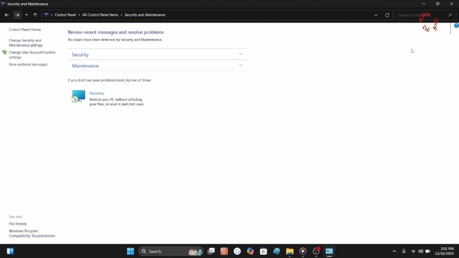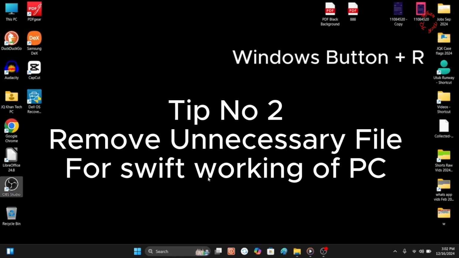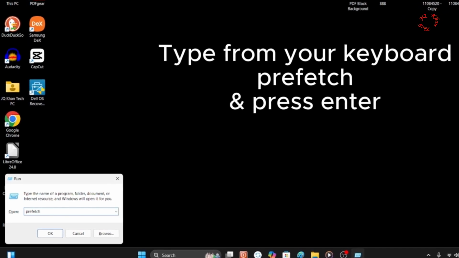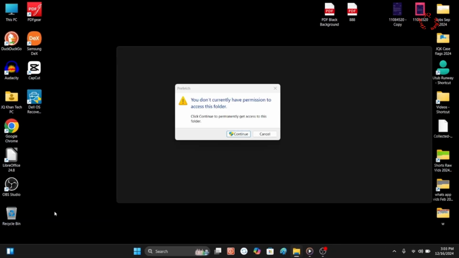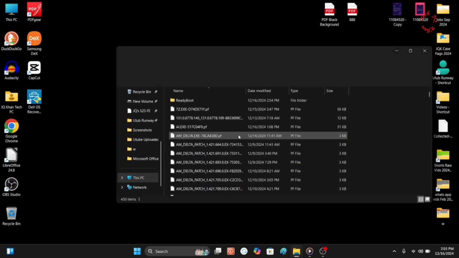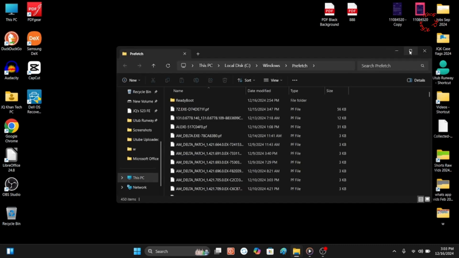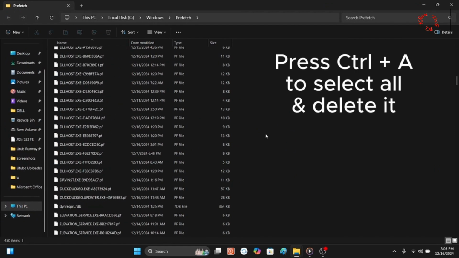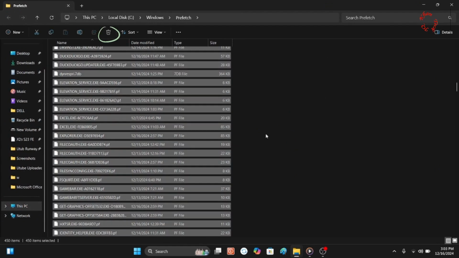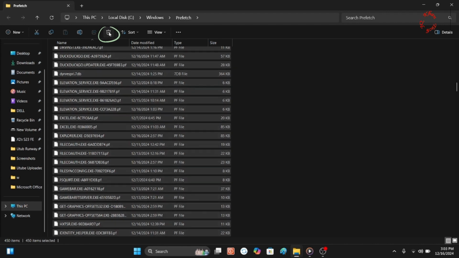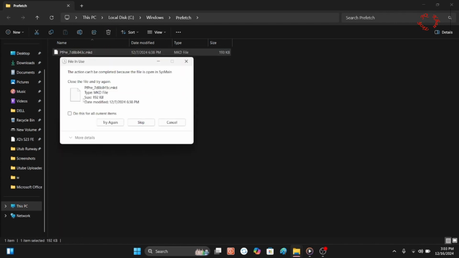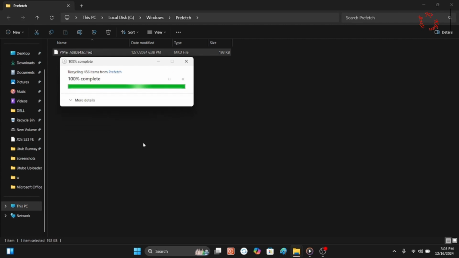Now press Windows R on your keyboard and type prefetch. Enter or OK and then continue. And you will shortly see that these are unnecessary files inside your C drive. So you can delete them, press Ctrl A and press delete. In case some resist, click skip and it will create a lot of free space and system performance